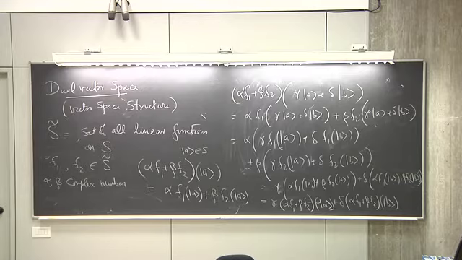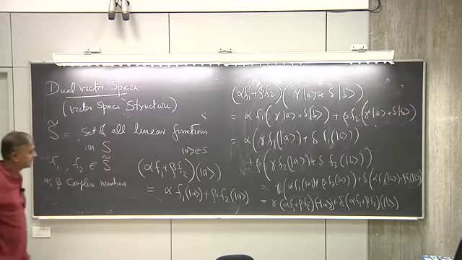Okay, we need to also specify what is a zero function, right? If you want to say that this S tilde is a vector space, you also need to have a null vector here, right? And the null vector is simply